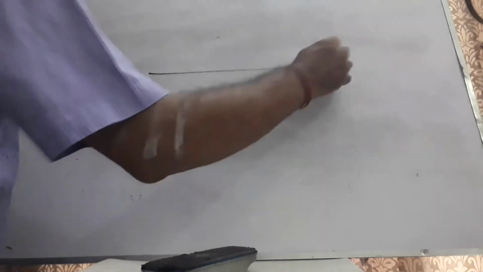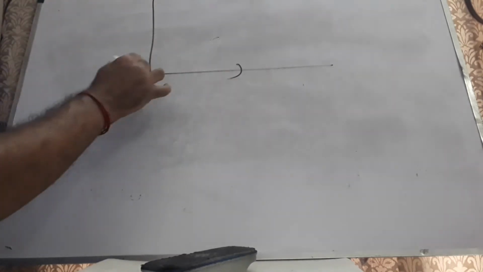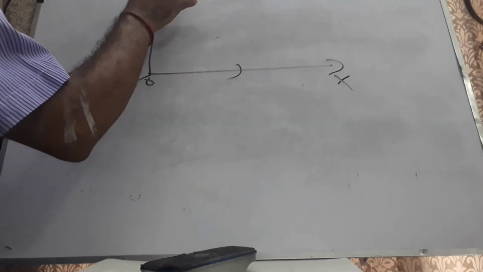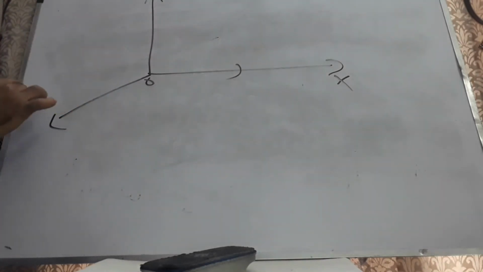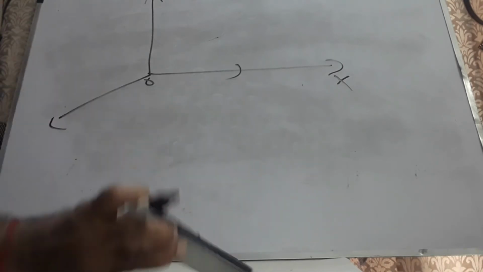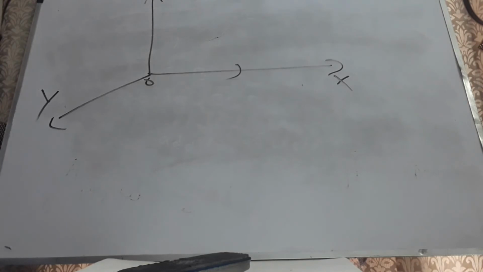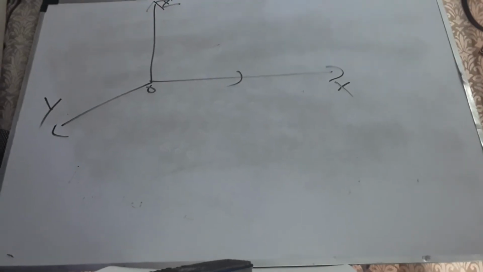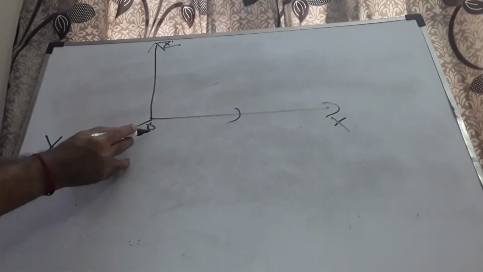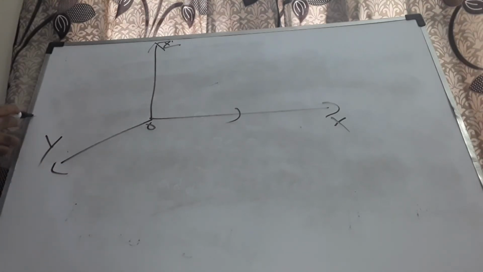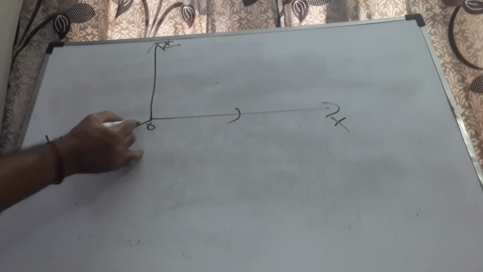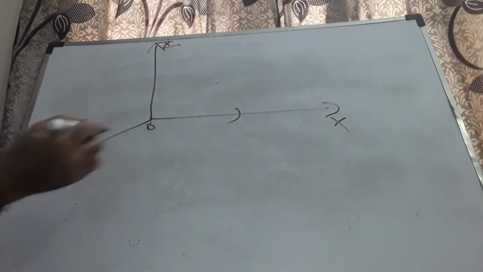Whatever we have seen in the room atmosphere earlier, let me draw it out and explain over here. I have taken this to be the positive direction of the x-axis, this to be the positive direction of the z-axis, and this to be the positive direction of the y-axis. They are mutually perpendicular axes. The meeting point is the origin O. If I move further here, it is the negative direction of the x-axis. Further down here, it is the negative direction of the z-axis. Further here, it is the negative direction of the y-axis.